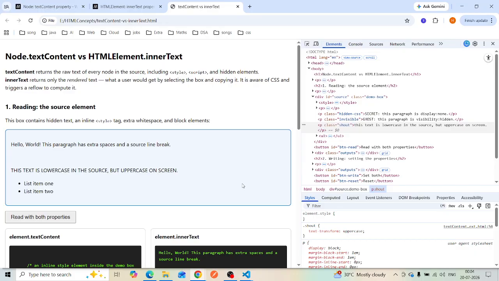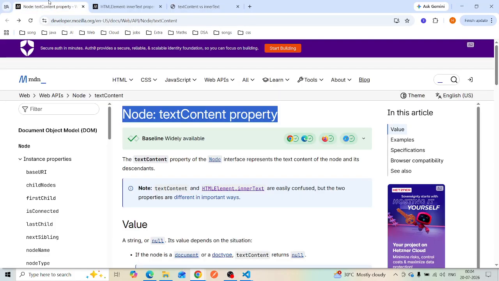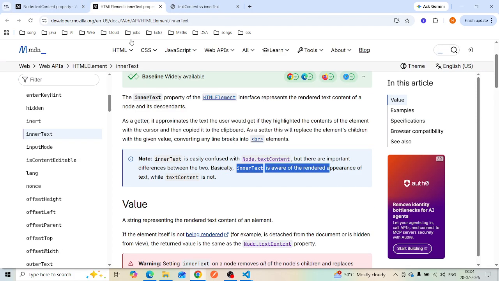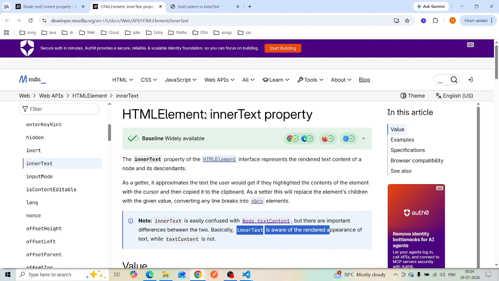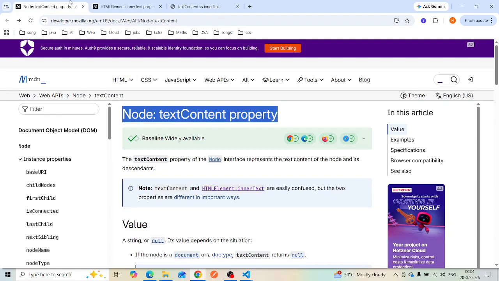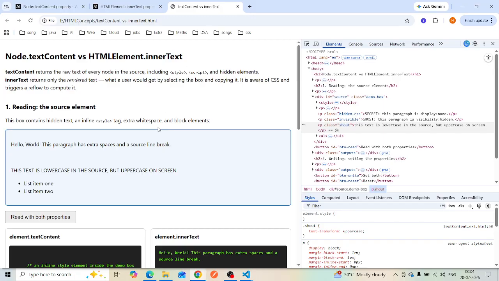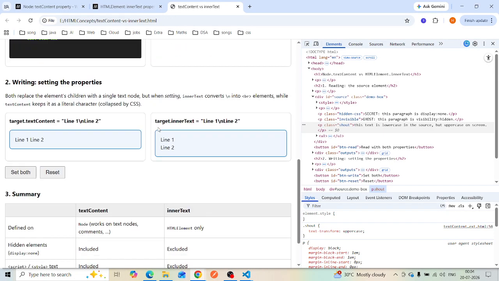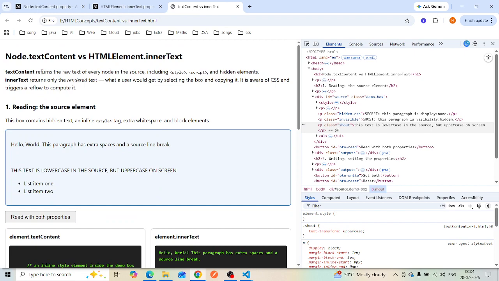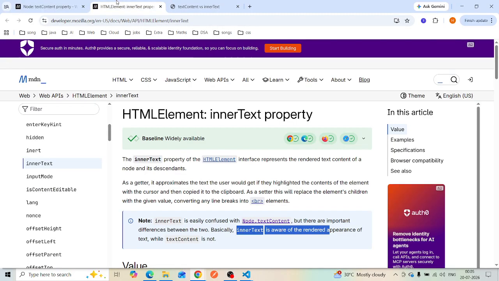Today we will see node.textContent versus HTML element innerText. So this is the URL for the node.textContent property, and here is the HTMLElement innerText property. You can go through this, but I am explaining using this. Here, textContent returns the raw text of every node in the source, including style, script, and HTML and hidden elements. If you see here,